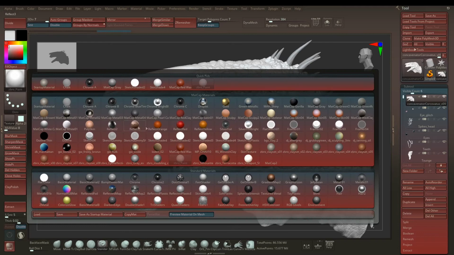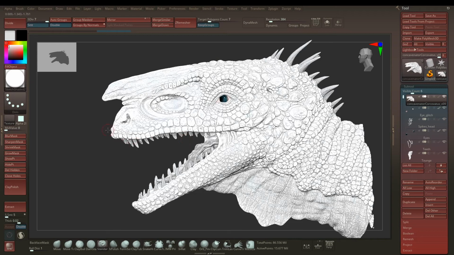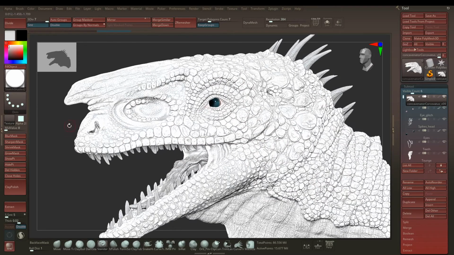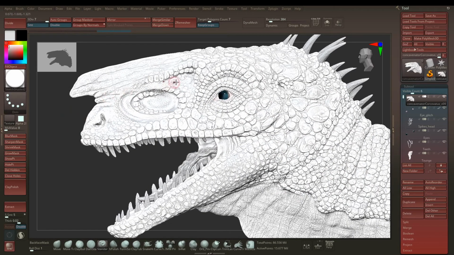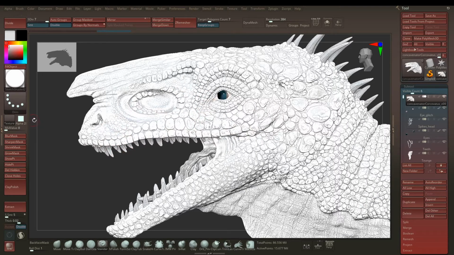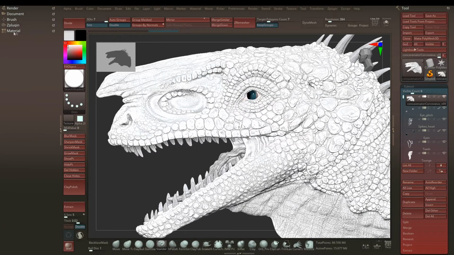I normally use the default material Sketch Shaded 2, and you can see it is really bright, but it has these weird cavity things going on around the head. It is kind of good because you can see all the little details on the head compared to the bigger ones, but it would be a little weird to paint on that, so we need to get rid of it. We can do that by just opening the material menu here